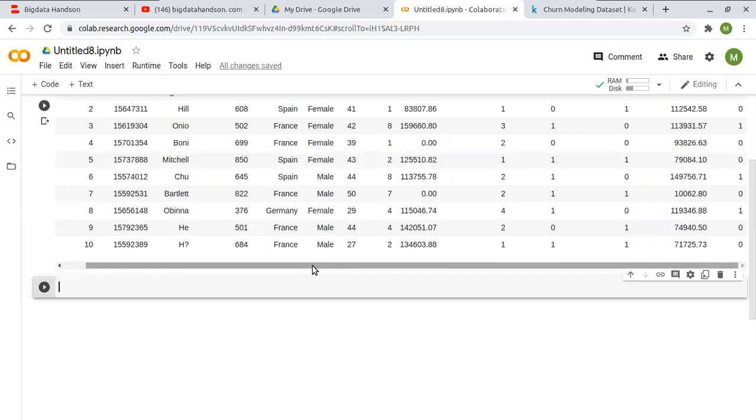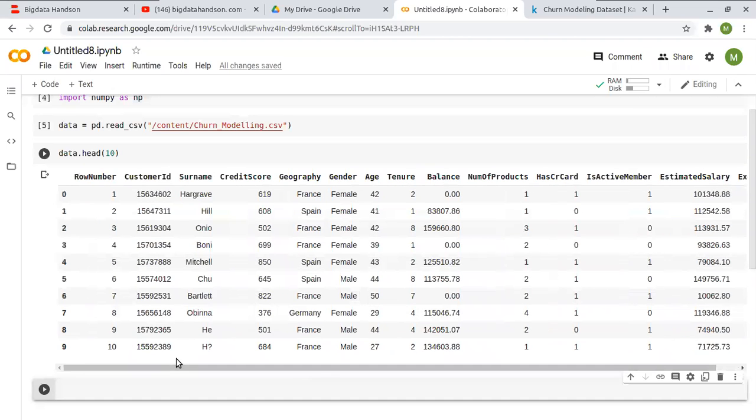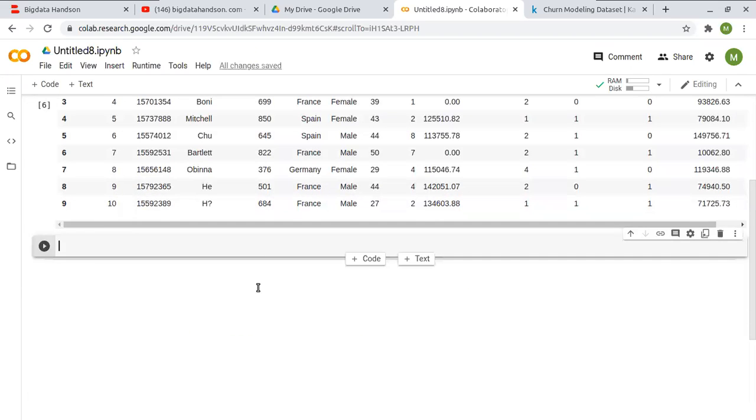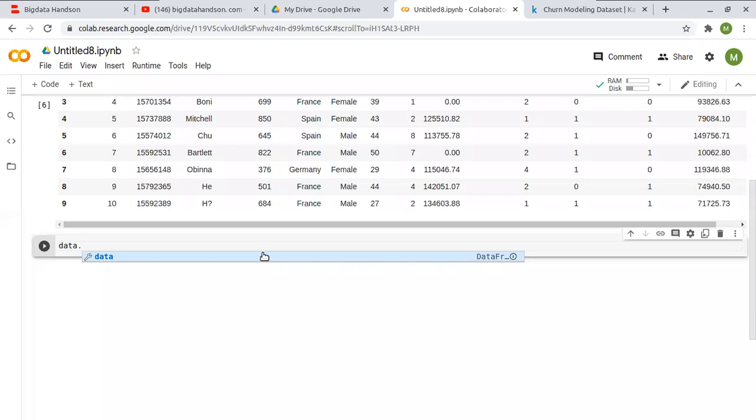All the other columns are our independent features, but we are not going to use row number, customer id, and surname. Because these columns are unique, we can't use unique ones, right? So that's why I'm going to remove the columns.